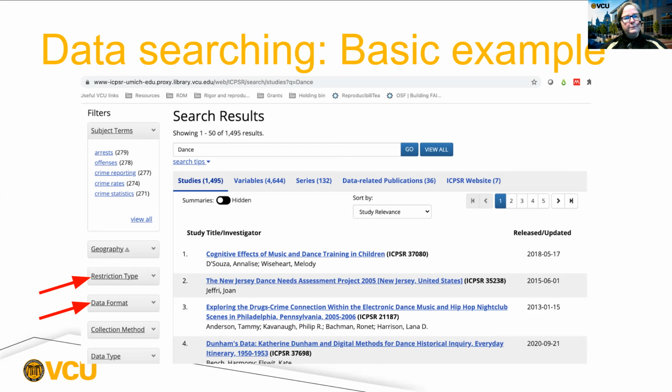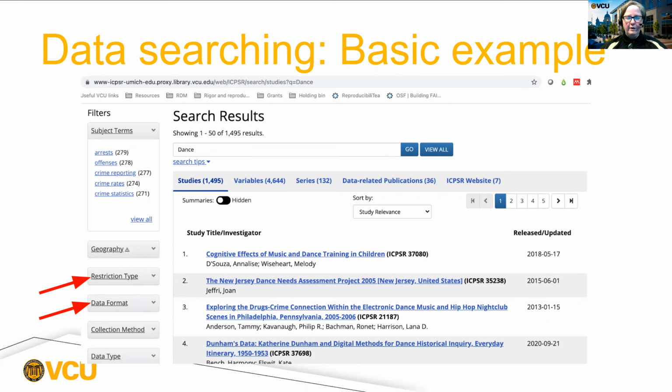Since we're talking about SPSS, although you may be more interested in another analytical environment, there's also a data format on the left. You may want to open the data in Excel, and I will certainly try to help you with that if you want to set up a consult for it, but I highly recommend using something other than Excel if you have any familiarity at all, because in Excel,